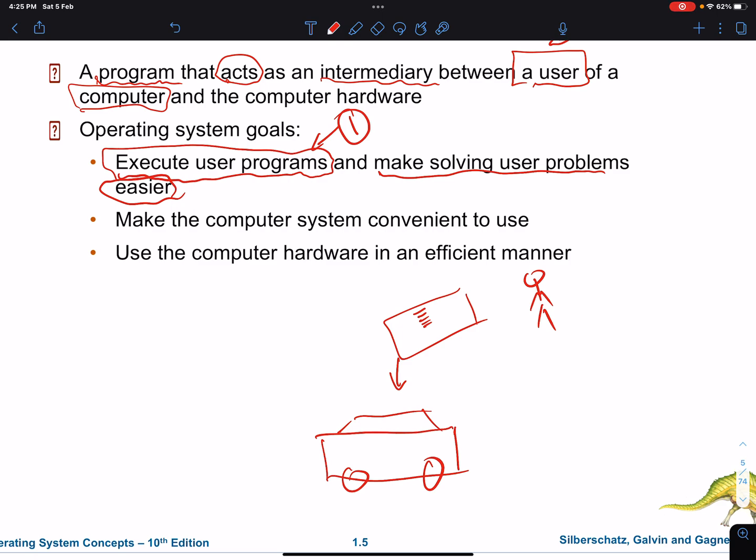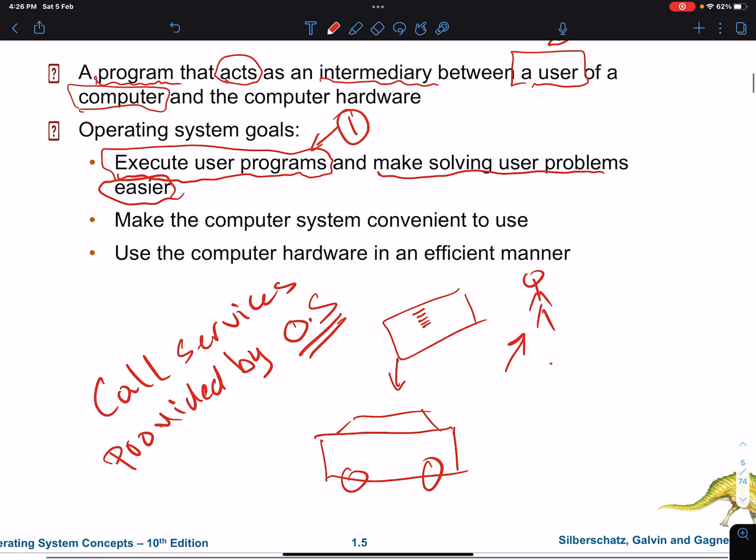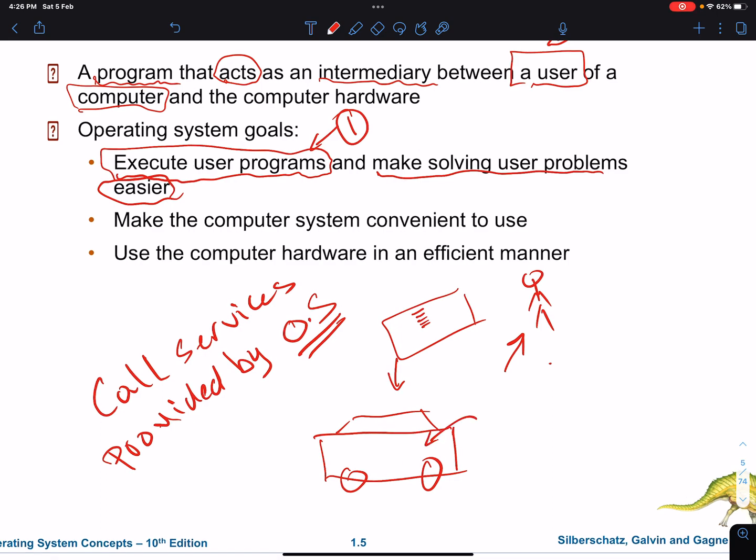But if you have an operating system customized for this vehicle, then the programmer can literally call the services provided by the operating system, and the operating system will provide services, so the user can call the service instead of writing it from scratch.